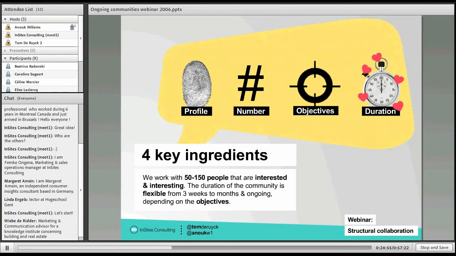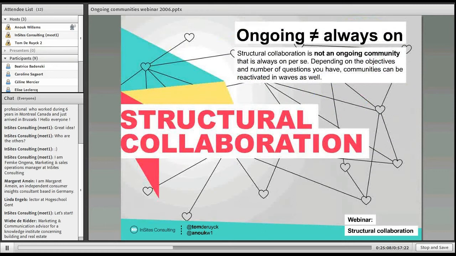Structural collaboration, according to us, it's about working together with your customers for almost every single day, for every important business decision that you need to take across all the departments of the company. And in our vision, structural collaboration is the end goal. But we will need a step-by-step approach to get there. And communities, they are just a tool that we need along the way. It's more of a means to an end.